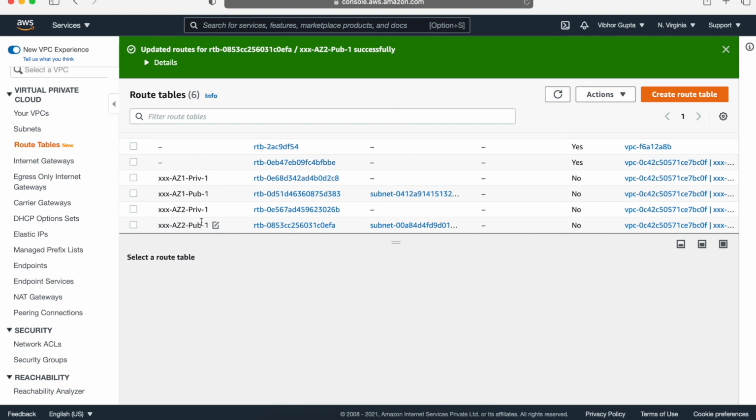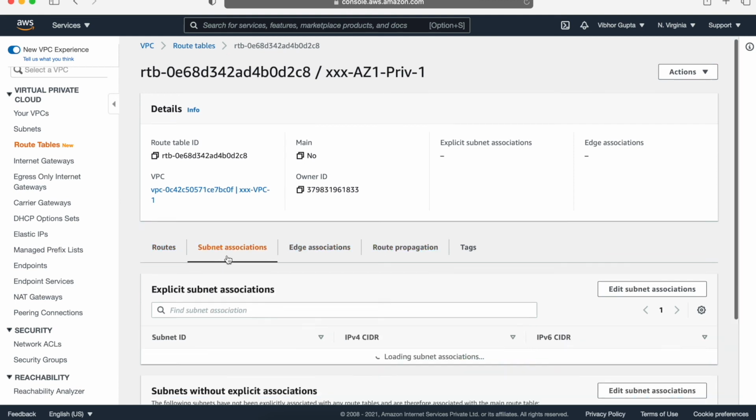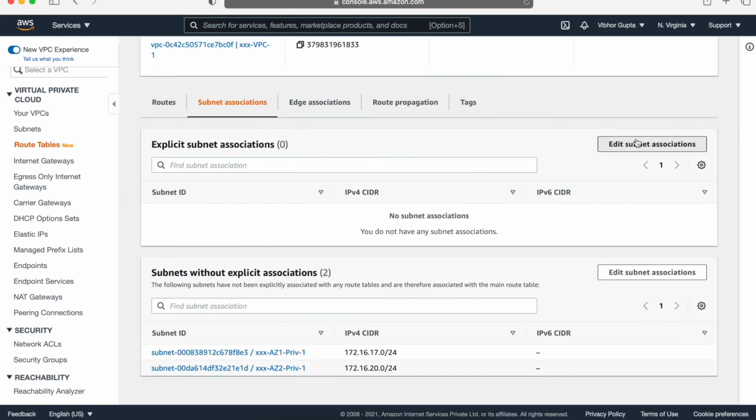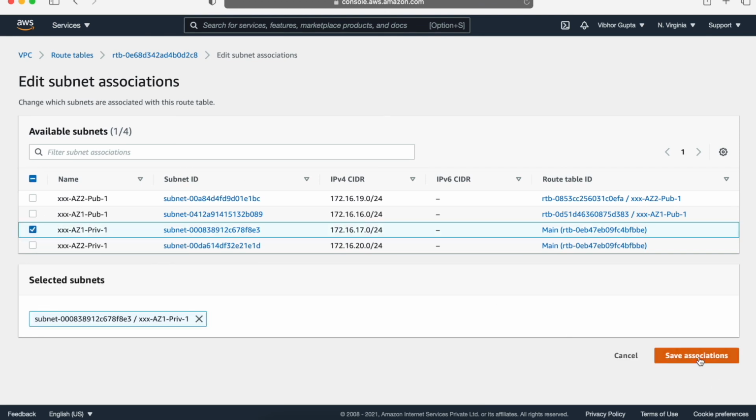And now we have to define routes for our private subnet. So we need to send traffic to the NAT gateway, and via the NAT gateway, the traffic will go to the internet router. So let's select our AZ1 and then click on subnet association. Click on edit subnet association. Click on AZ1 private 1 and then save association.